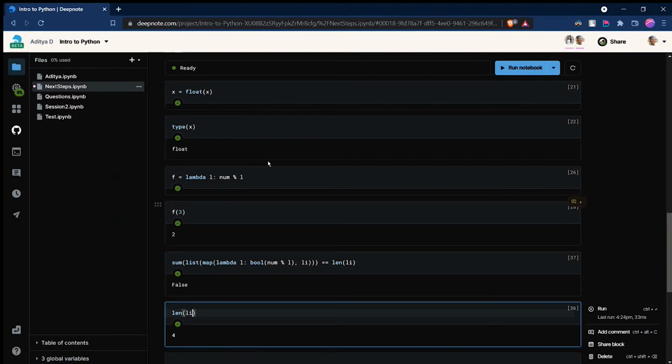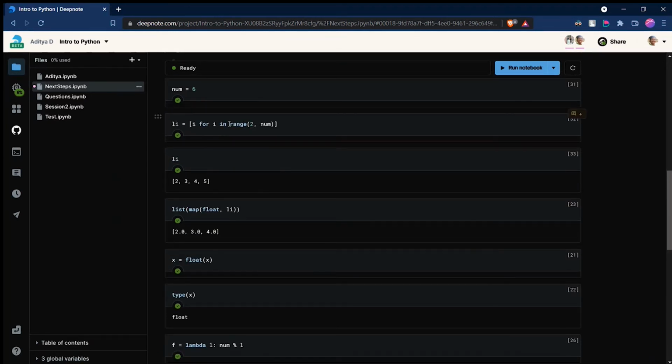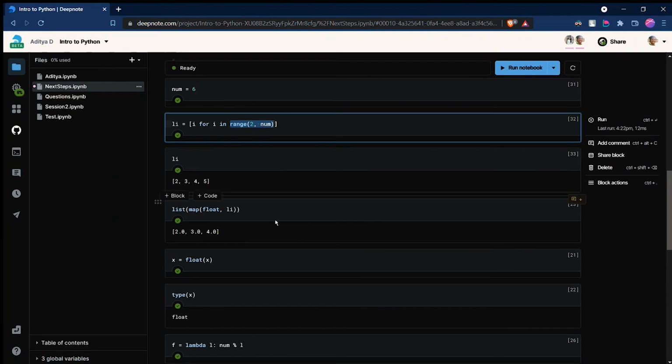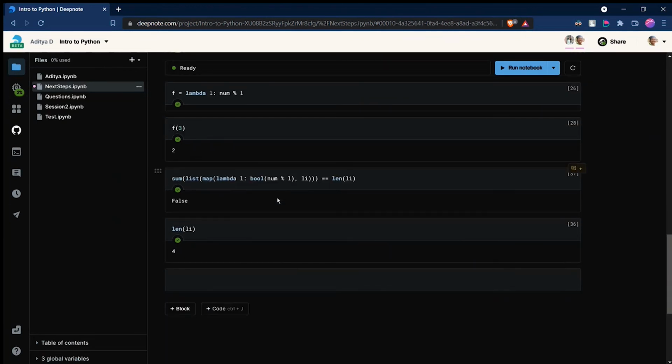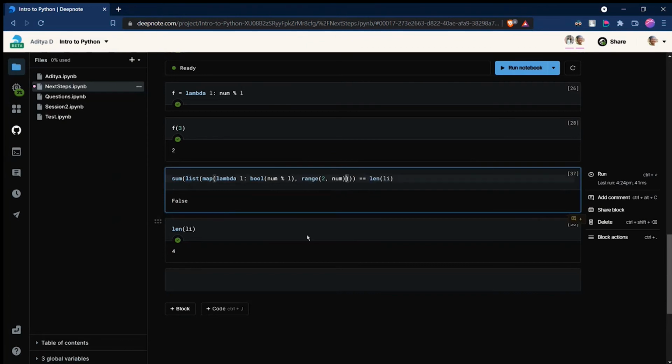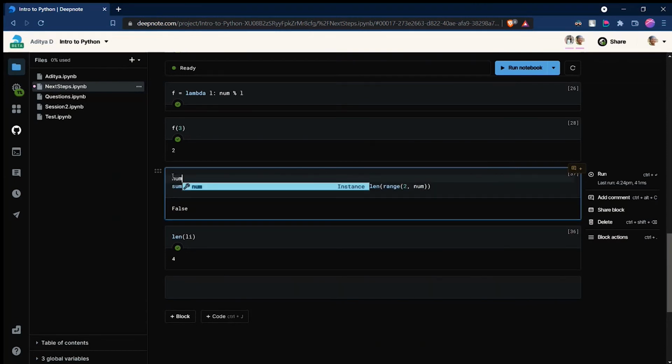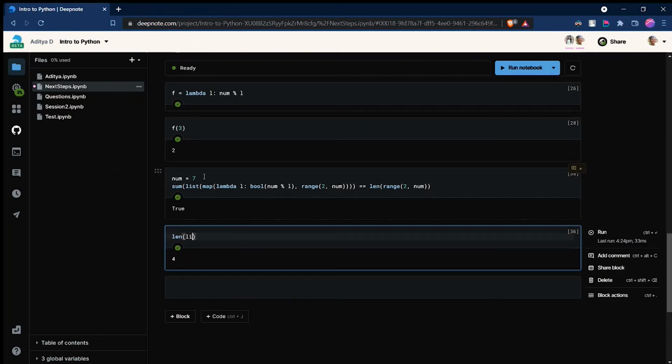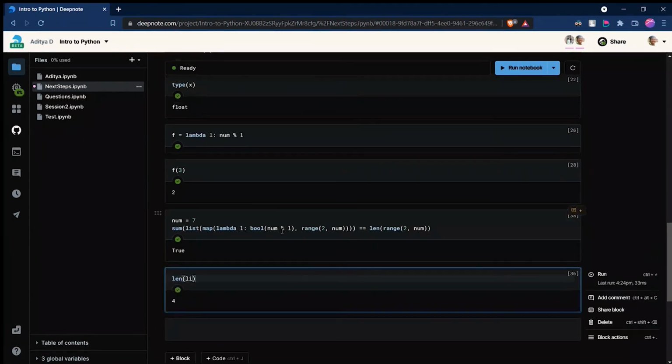So our function boils down to just this simple Li. In place of this Li, I can just replace whatever I created there, or I can just take this thing, range from 2 to number, and put it down here. Range 2 to number, and let's store the number. That will be stored here also. So our function will take in the input number. I'll take 7 this time, and 7 being prime is true.